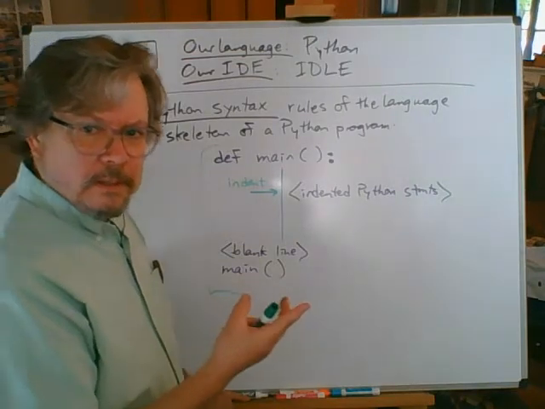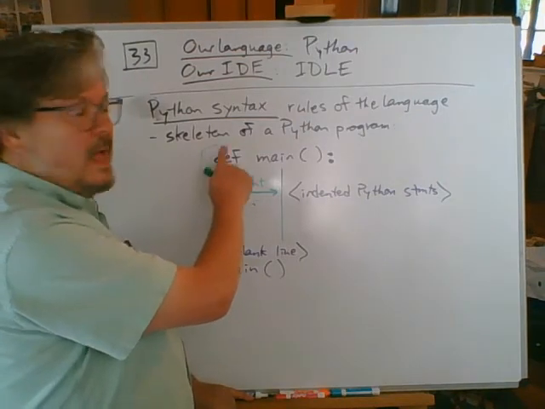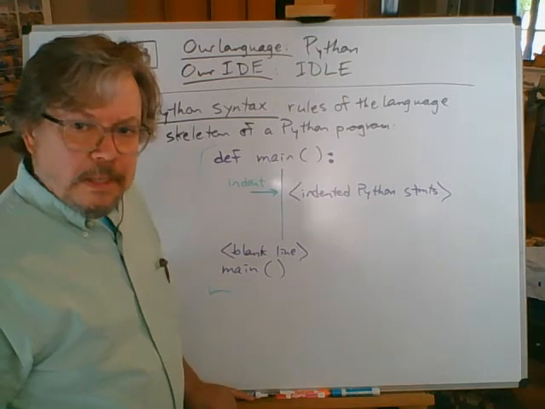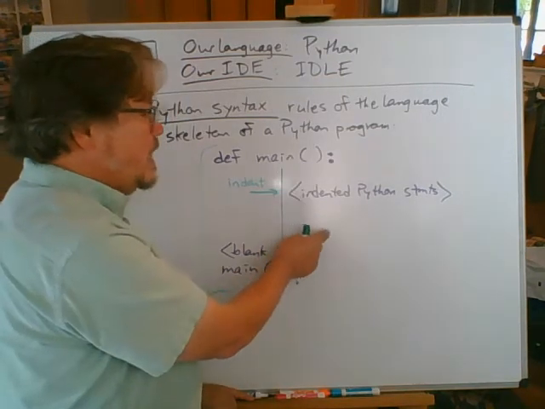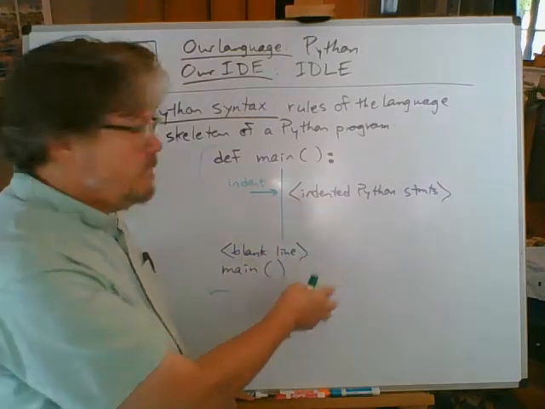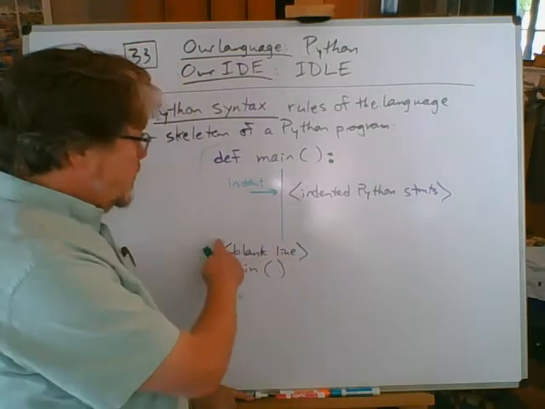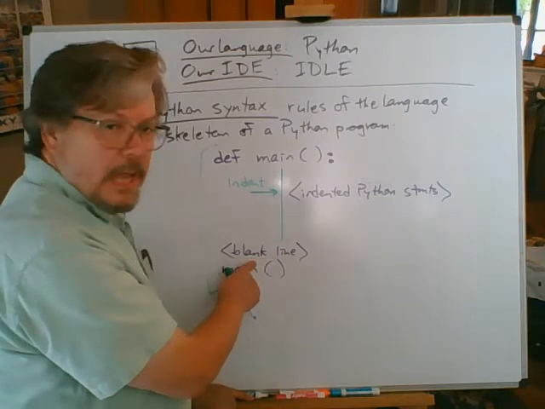What are we doing here? Well, in more or less layman's terms, def means define. I hereby define what my main program should be doing. How do I define what the main program should do? I list all the lines, set x to 5, add 3 to x, all that other kind of stuff. All that goes over here in the indented part. When I'm done, then after the very last line of the program, I leave a blank line.